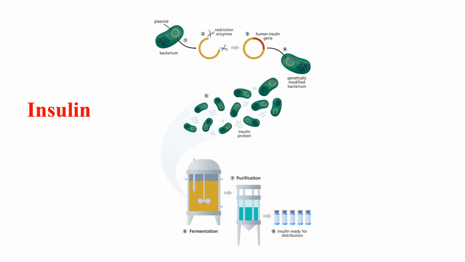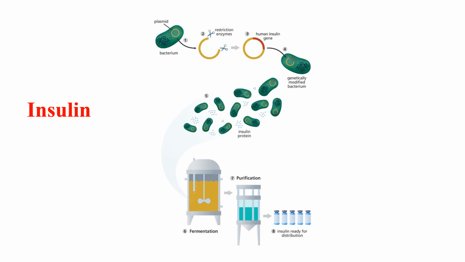Let us start with the production of insulin by genetic engineering. Insulin is a protein that helps to regulate the sugar levels in our blood. Normally, insulin is produced in the pancreas, but in people with type 1 diabetes, there is a problem with insulin production. So, people with diabetes have to inject insulin to control their blood sugar levels. Genetic engineering has been used to produce a type of insulin very similar to our own from yeast and bacteria.